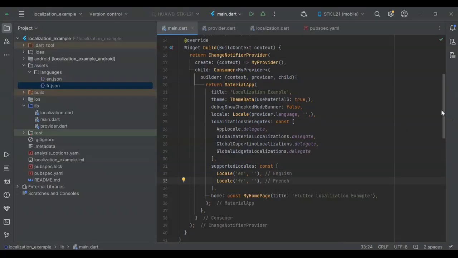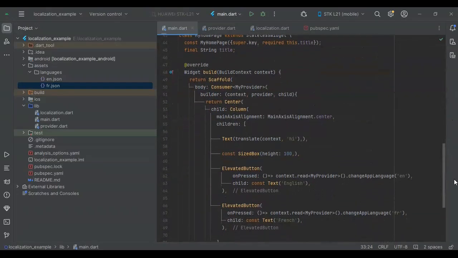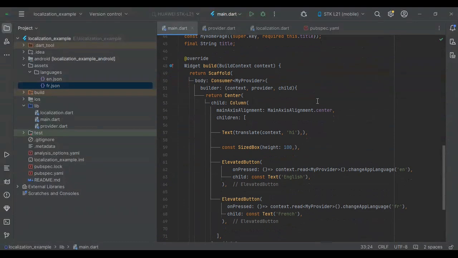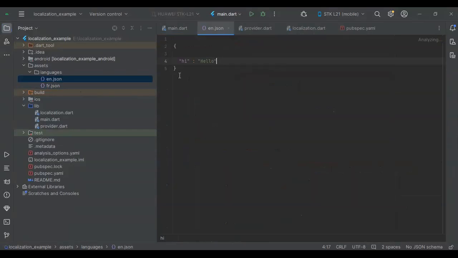Now let's set up the home page where users can switch between languages. In my HomePage class, we use Consumer widget to listen for changes in the language and update the text accordingly. Users can switch between English and French using these buttons. We have a Text widget, and it will take a string, which is the translate method, which takes two arguments. The first one is context, and the other one is the specific key in the JSON file that we want to